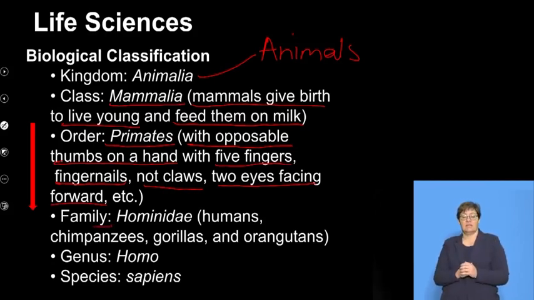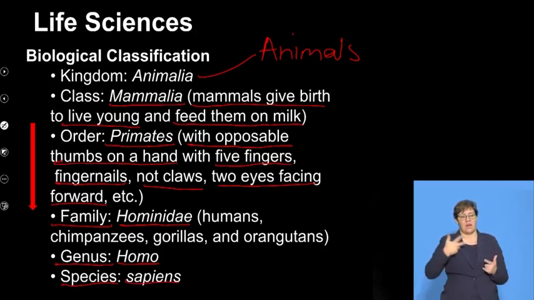The next level of classification is family, and there, as we said, we fall into the family Hominidae, and this name you must know. It is humans, chimpanzees, gorillas, and orangutans that belong in this family. And then specifically our genus is Homo, which we said means man, and species, sapiens, which is wise. So we belong in the Homo sapiens group. Okay, so that's how we are classified.